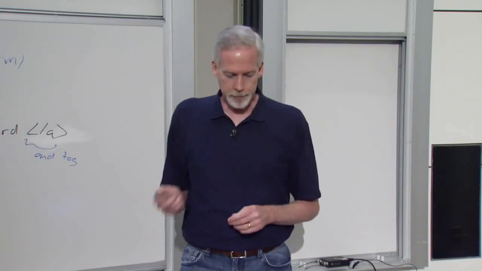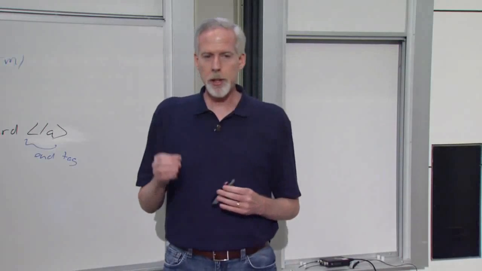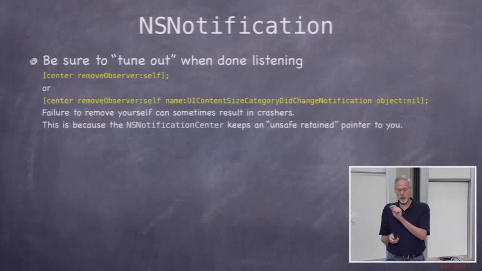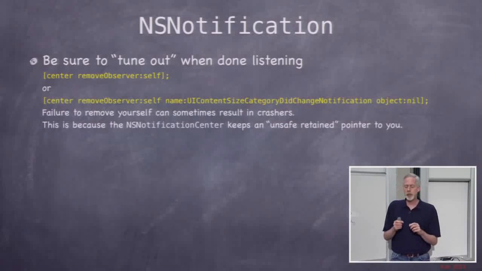Okay. All right. So another thing to understand is when you're done listening, tune out. Turn your radio off. Okay, and you do that by sending a message to the notification center saying removeObserver. And you can remove yourself as an observer of all radio stations with the first one, or you can just remove yourself from listening to certain radio stations, okay, by specifying the name of the radio station and who the sender is you don't want to listen to anymore. Okay? It's important to do this because, unfortunately,